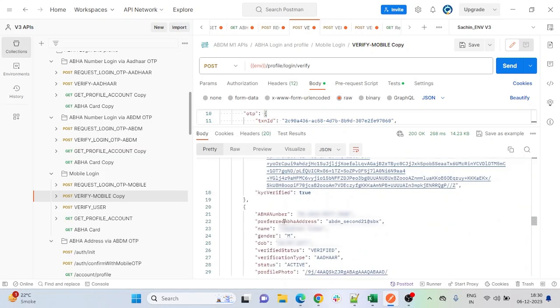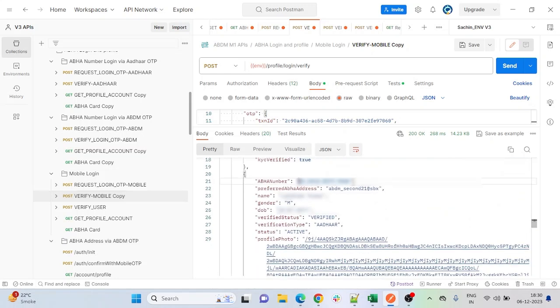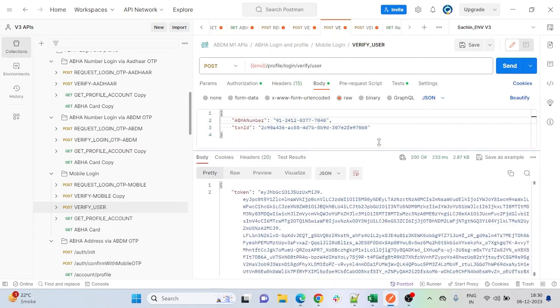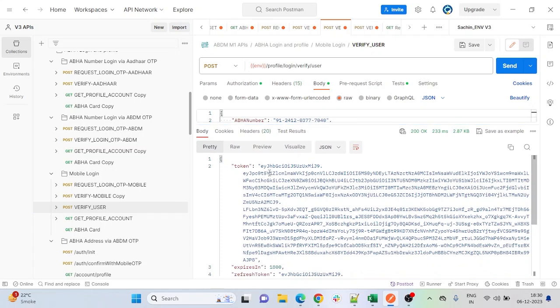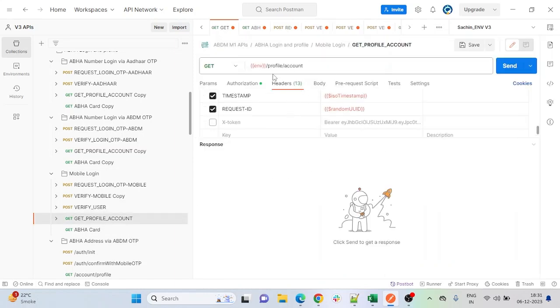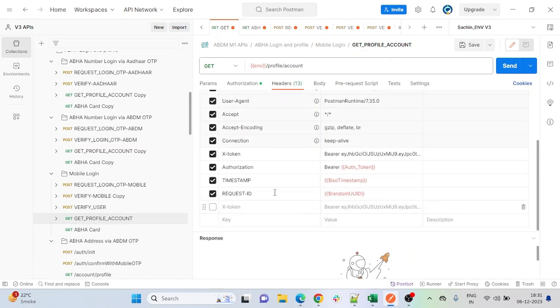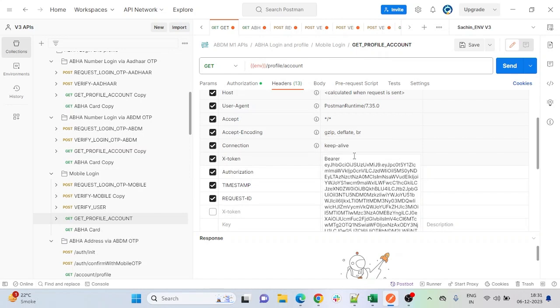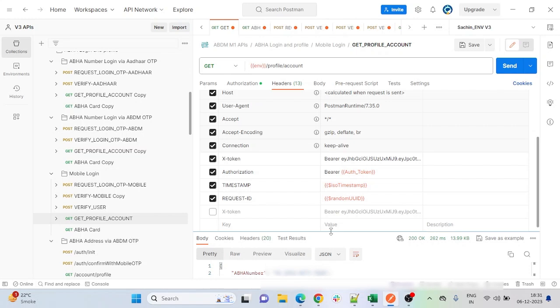And let me copy the ABA number that we have created just now. As you can see, now we have received the X token. So you can use the X token to get the ABA card and the profile details. Profile details, you will use the profile slash account API. In X token you will pass the X token. As you can see, we have